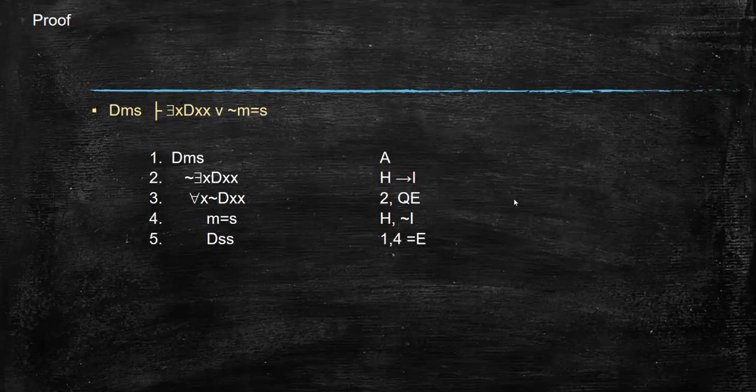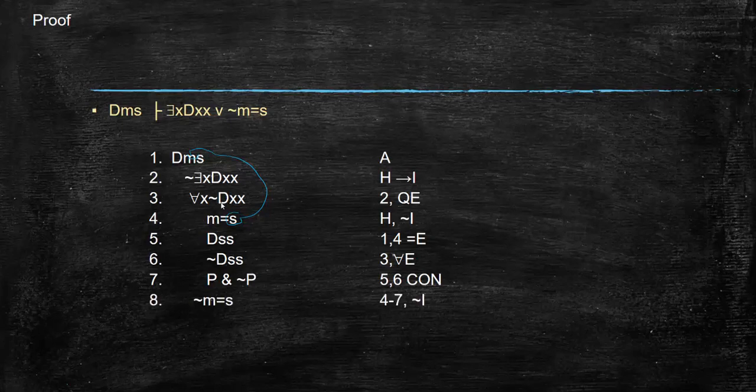So what if we went ahead and wrote DSS by 1 for identity elimination, right? Now we're just taking our assumption DMS and substituting S in for M to get DSS. But now from line 3, we know that for all x, it's not the case that dxx, right? So we know specifically that not DSS, and that's our contradiction, right? So we can just write P and not P by the contradiction rule, 5-6 contradiction, and we're pretty much all the way home, right? Because now we can